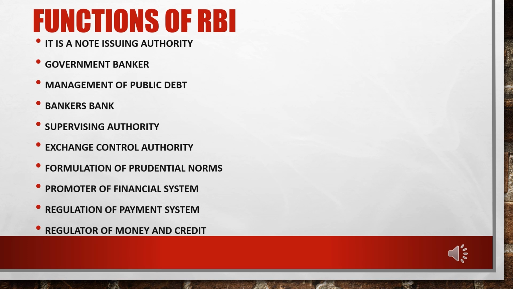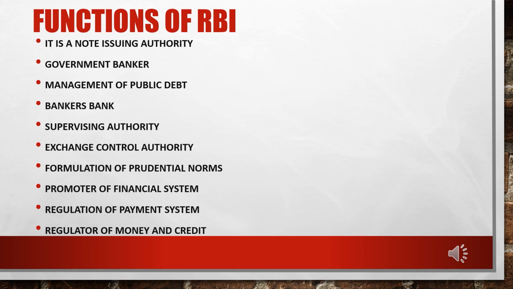So obviously the first and foremost important function of RBI is issuing notes, the currency, and it has the authority except for the 1 rupee coin. The 1 rupee coin is not made by RBI, it is issued by the Finance Ministry. Other than this, there are 10 rupees, 5 rupees, 20 rupees, 2000 rupees. These are the denominations existing in the system: 50, 10, 20, 100, 500, 2000. Only RBI has the authority to issue notes other than 1 rupee notes and coins, as I told you.